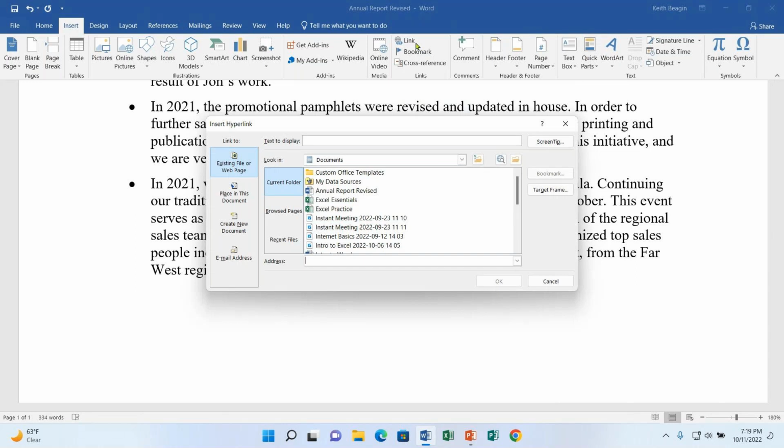Now, at the top, you're going to see there are two boxes here I want you to look at. At the top, it says text to display, and down at the bottom, it says address. By address, it means the website that we want to link to, okay? So I want you to make sure you're in the address box down below. You should already be in there. I think the blinking line's already there. And in that box, I want you to type in the following: